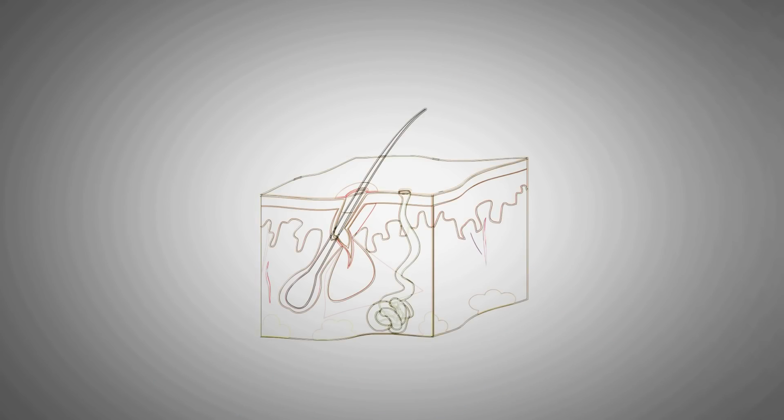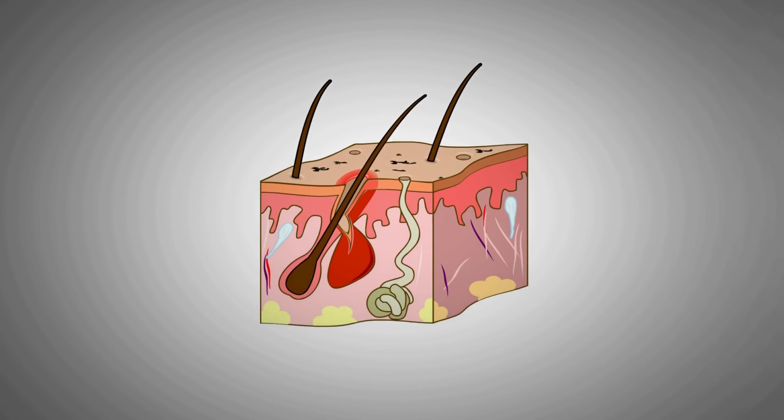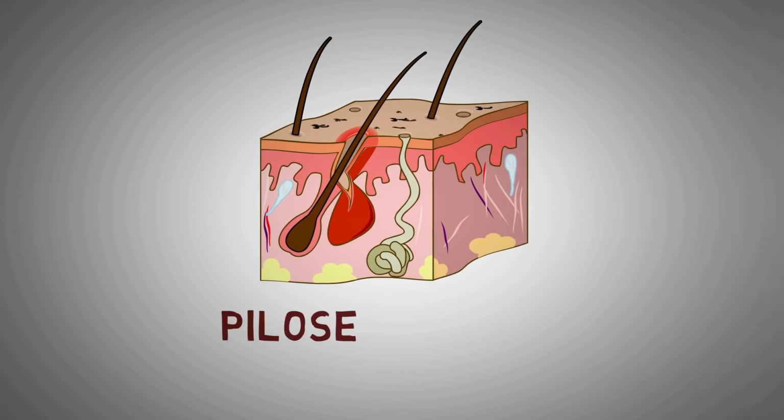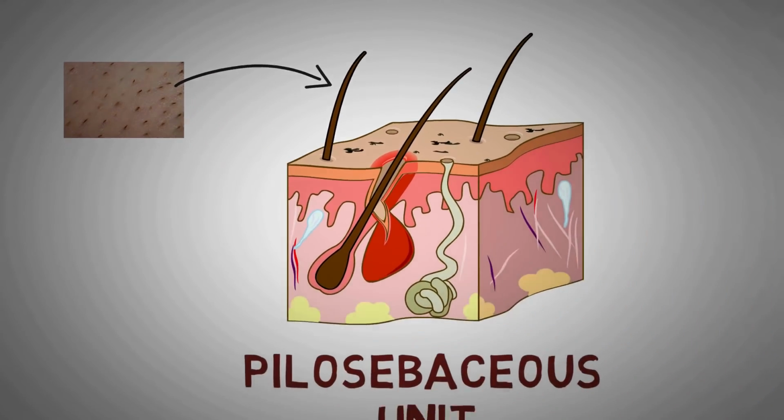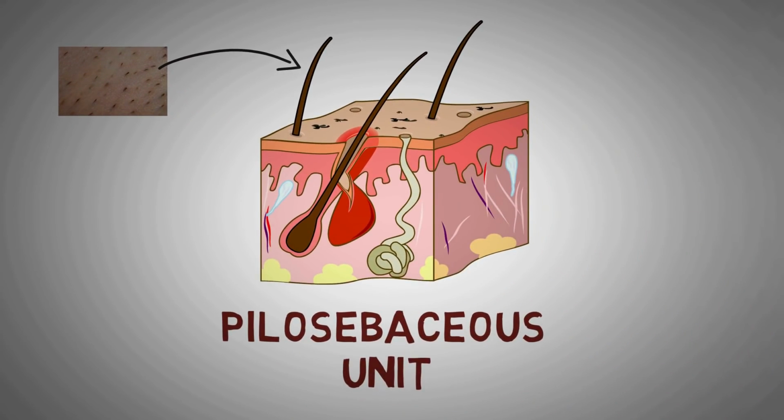So to understand acne in the first place, you will have to understand this structure in your skin, known as the pilosebaceous unit. Look at all the small hair shafts on your face. These hair shafts correspond to this structure in the illustration of a pilosebaceous unit. Here you can see a cut section of the skin showing the pilosebaceous unit.